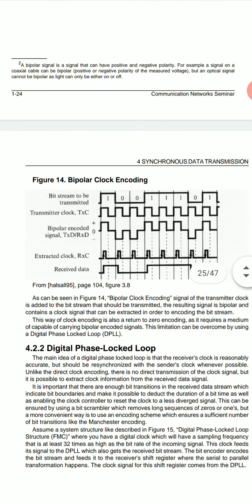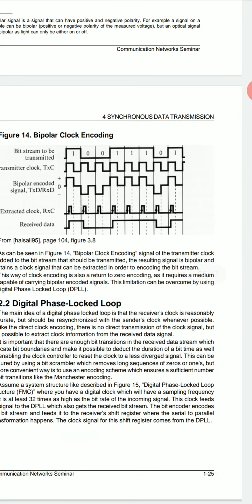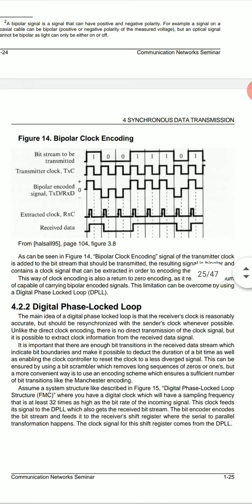So we can see here the waveform when we are sending the bits. If you observe the transmitter side, it is sending 1 0 1 0 as a bipolar encoded signal. If we are saying return to zero, RZ, it will only work for half the waveform. So when it goes for 1, for half a cycle you will get 1 and then it goes to 0. But if you see the receiver side, you will get the extracted clock.